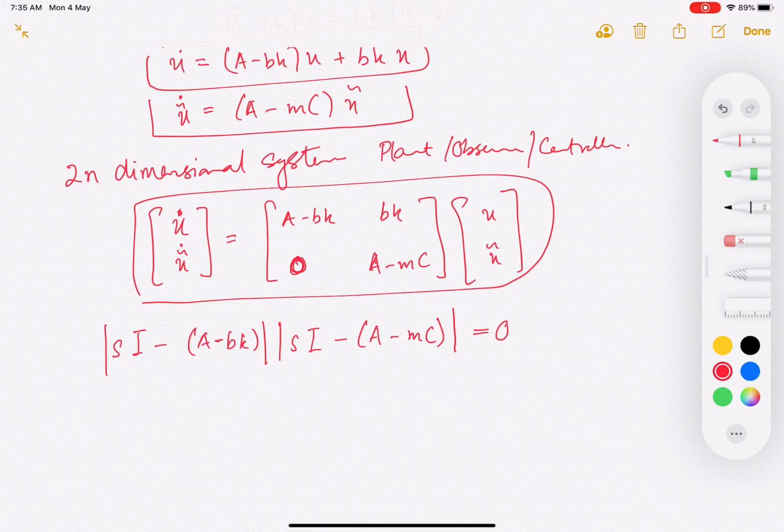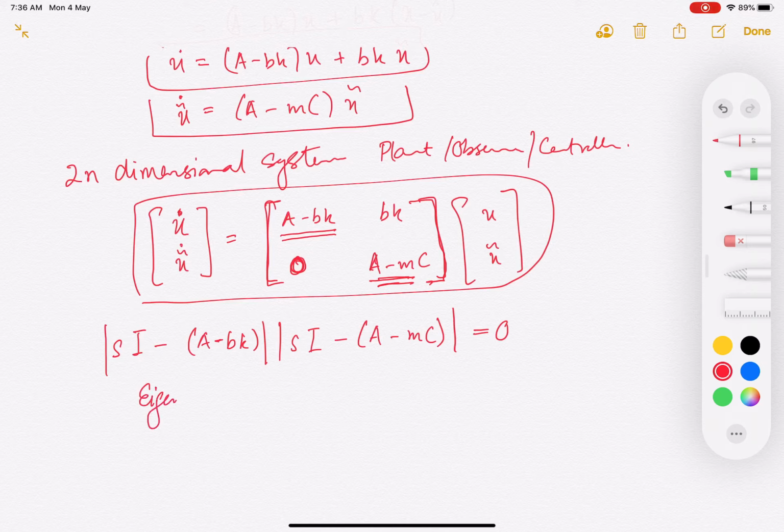So the determinant of this overall system is equal to the determinant of this sI minus this into the determinant of sI minus this. This is a matrix property for matrices which have a zero matrix here. So the overall determinant of the system is this, which means that the